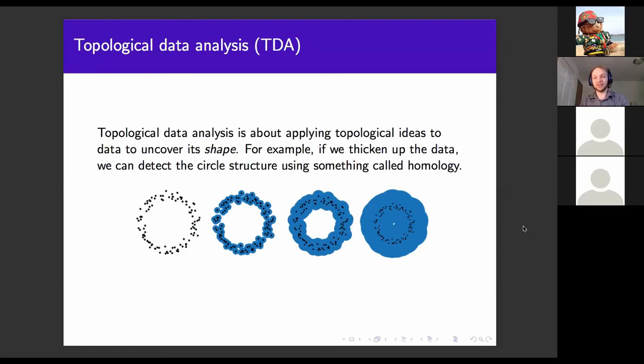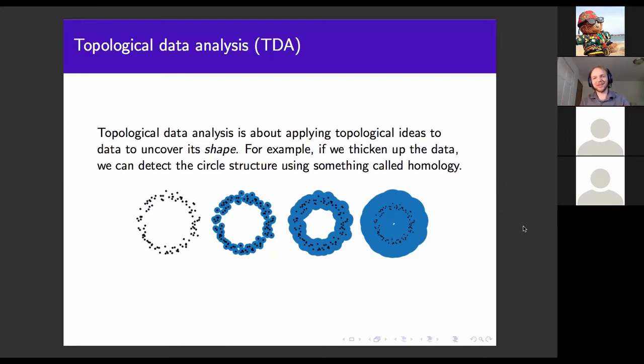And this is kind of the basic idea behind something called topological data analysis. Topological data analysis is about applying old topological ideas from the early 20th century to uncover the shape of data. So if you're doing some machine learning, this is the kind of thing that you might incorporate. But it's really new and doesn't have a ton of applications that we really care about yet. It's got some. People have been trying it out in cancer research with some success, things like cognitive neuroscience, things like speech recognition. But it's still kind of waiting for someone to do something with it.